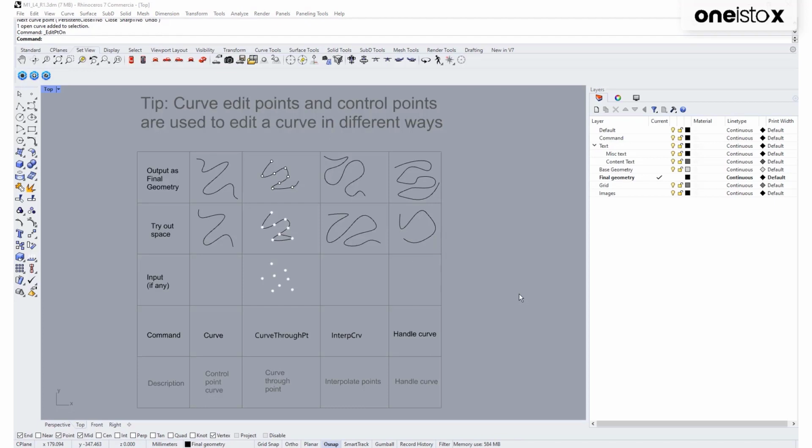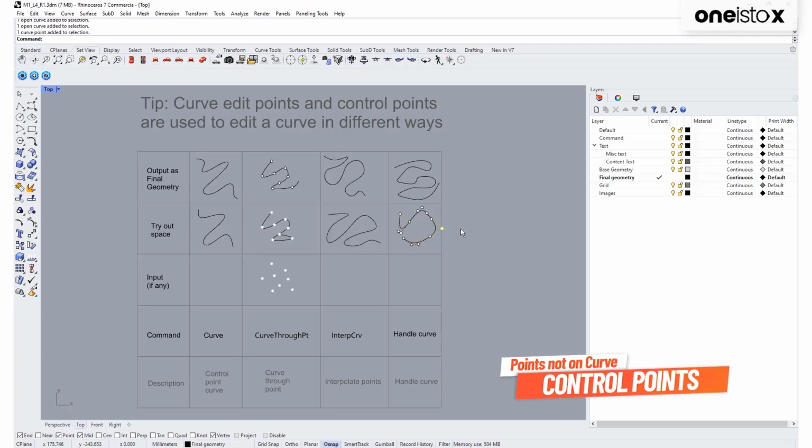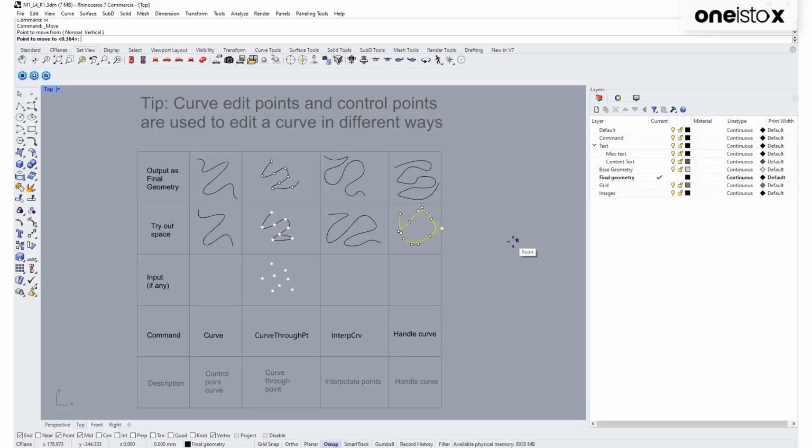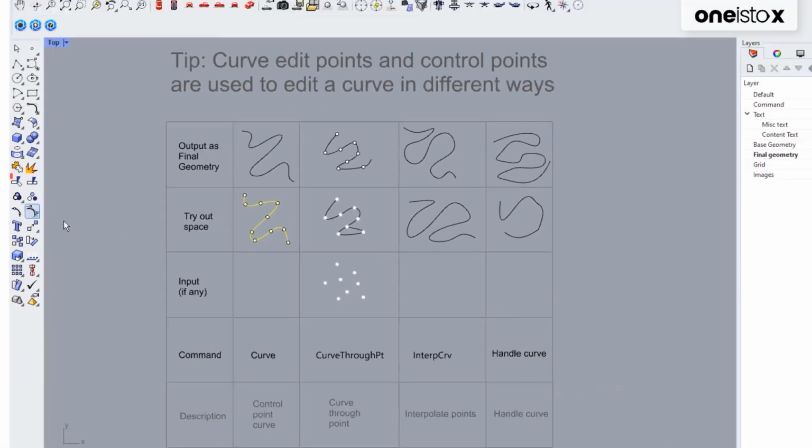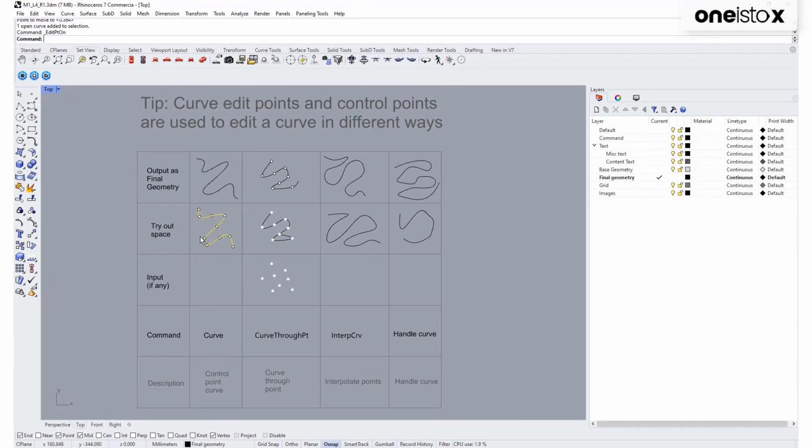If we consider a project that we are doing, once we have created the curve, we might want to edit it. And if we look at the different curves that we have, they all have points which are not on the curve. These are called control points. Now, if I want to change my geometry, I can simply move them. But in some cases, if I want to move the points that are on the line, how do I access those? We see this section on the left side of our screen that says curve edit points. I'll select that and those points get highlighted which are on the curve. Now I can simply move them, play with them and create a new form that I want.